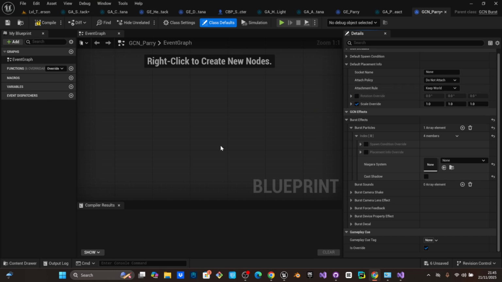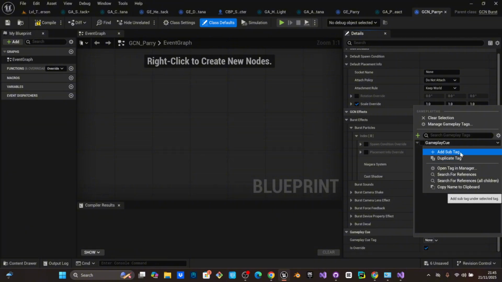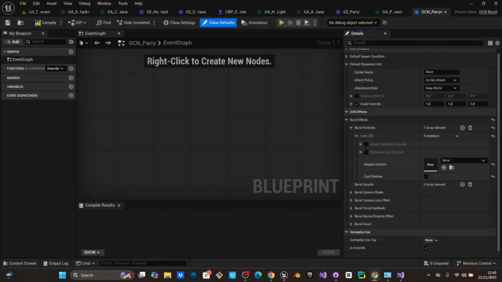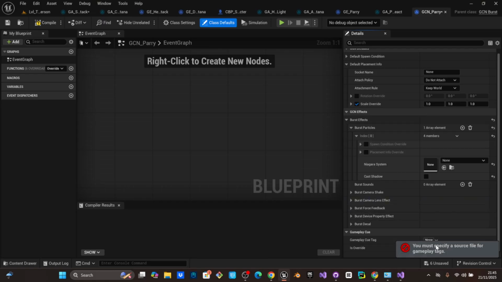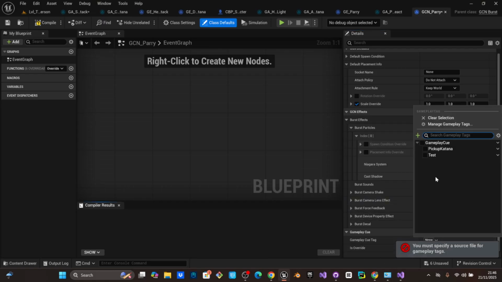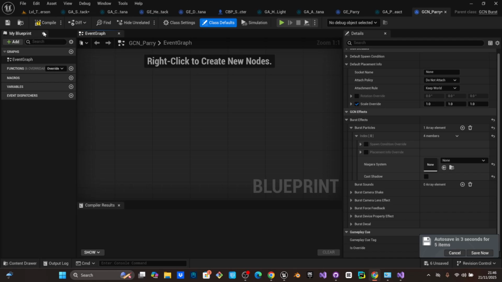No, we have in the gameplay cue we have to add a tag. We can add a sub tag about Parry. Add a sub tag Parry. Oh shoot! What happened? So it's just going to be add a sub tag, gameplay cue, Parry. Yeah, I have to choose this one. Add new tag, and this is the one. So now, as we have this,